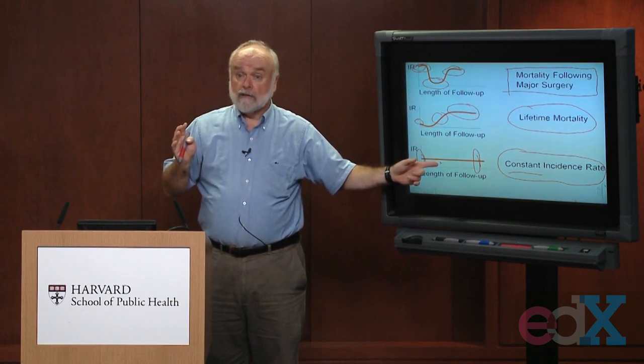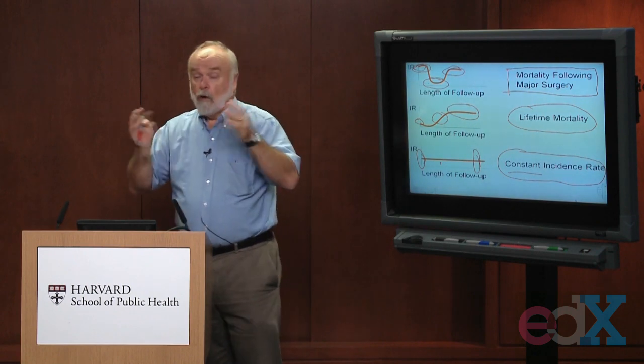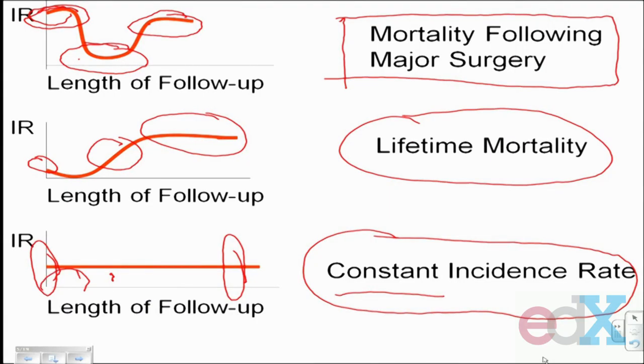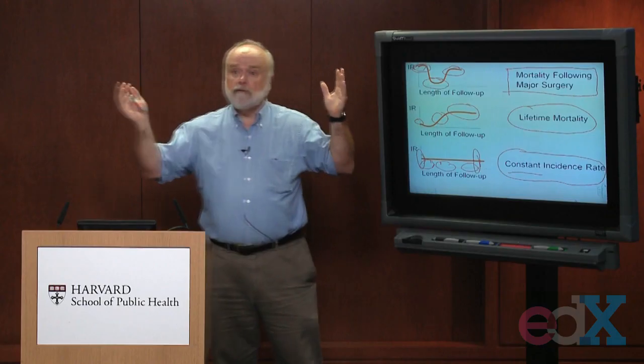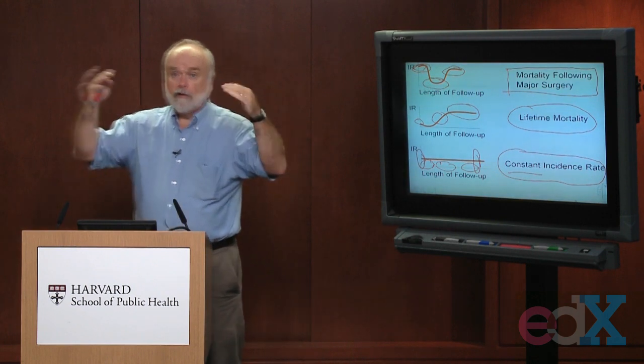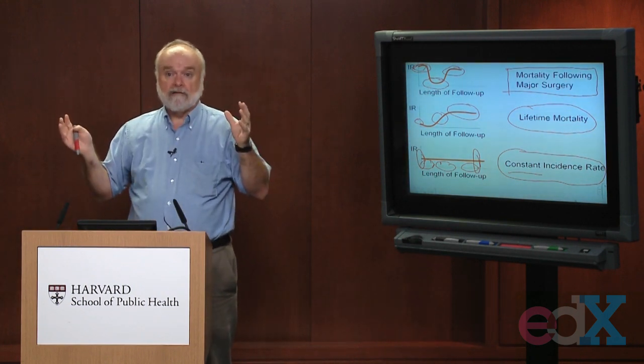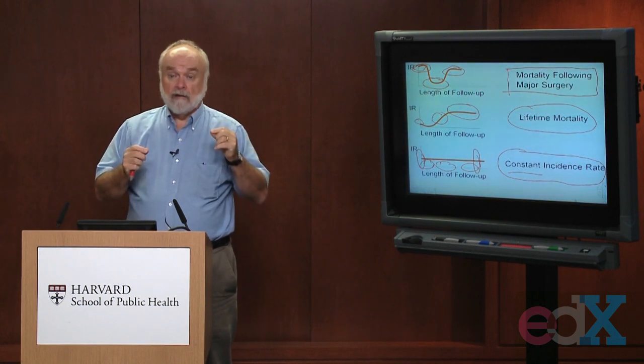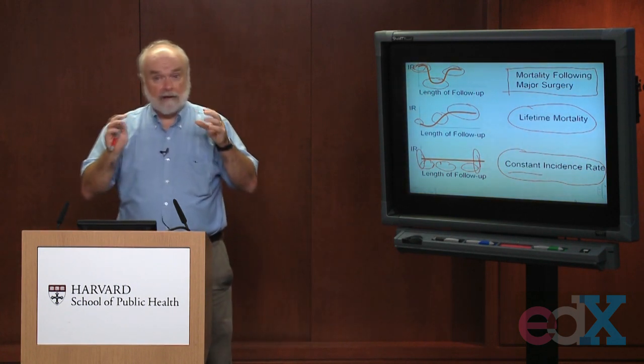So in a constant incidence rate, you might as well combine all the person time that happened either in the beginning of the study, the middle of the study, or the end of the study into one total number of person time. Because all those person time that came from different parts of the study are reflecting the same value for the incidence rate. So when does it make sense to count all the cases that occur in a population